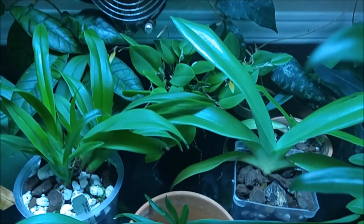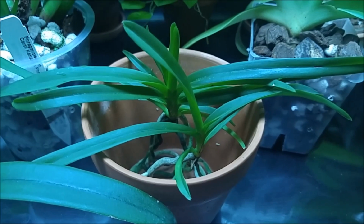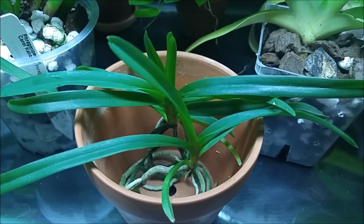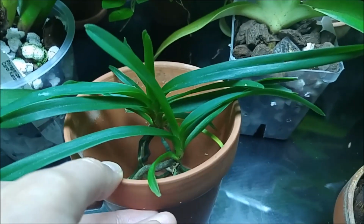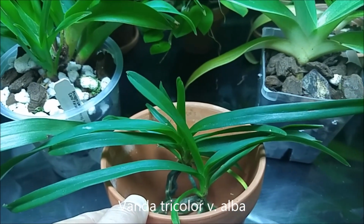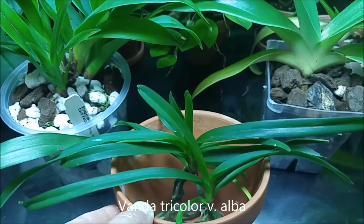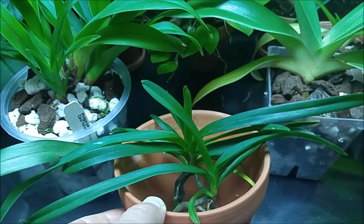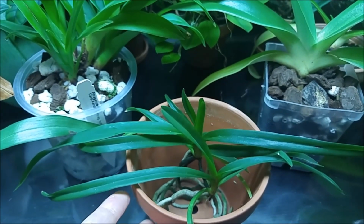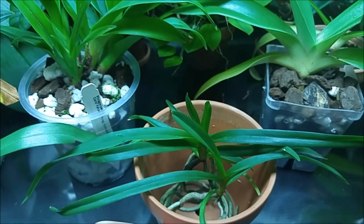And another vandaceous pot that I have in a tank is the seedlings here. They're very precious because they're rare. It is a Vanda tricolor alba. The tricolor has flowers with burgundy spots, but this one will have white flowers with yellow spots. It should be neat. I bought it as a flask from Aquagenera a few years ago,